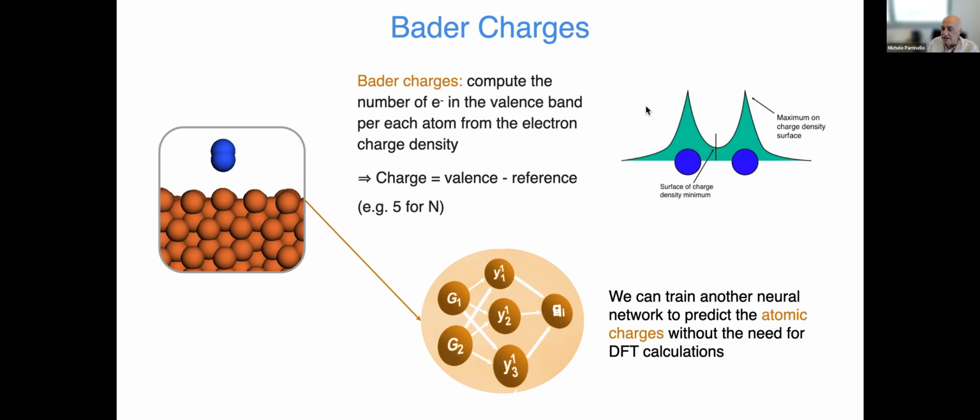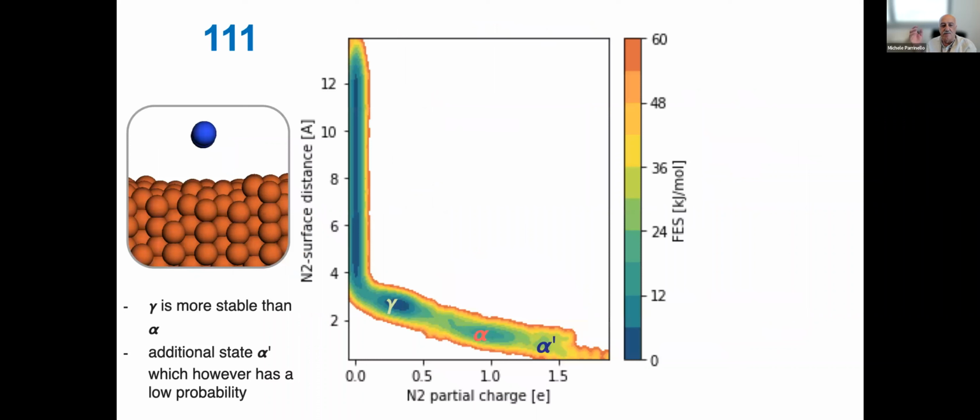So what we did was train a neural network that can predict the atomic charge. We have a number of DFT calculations, calculated the charges, but then if you take an arbitrary configuration, we can ask the neural network to predict the charges. And that worked very well. And so what we're going to do here,